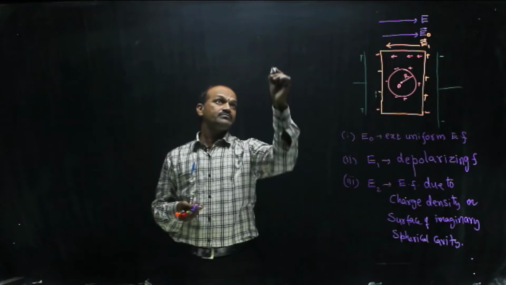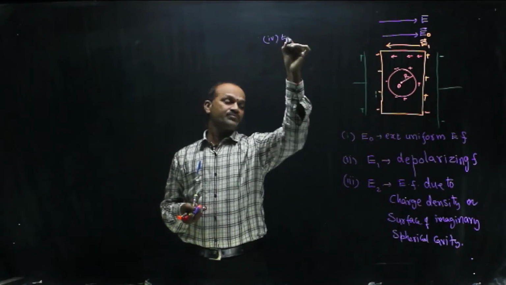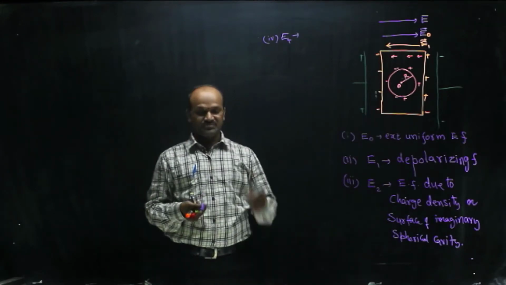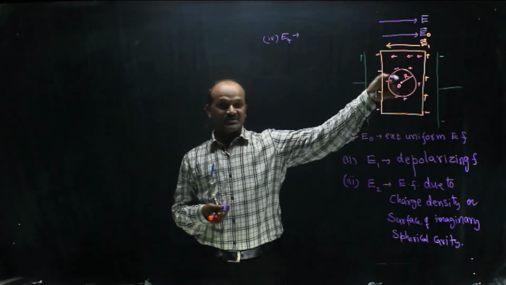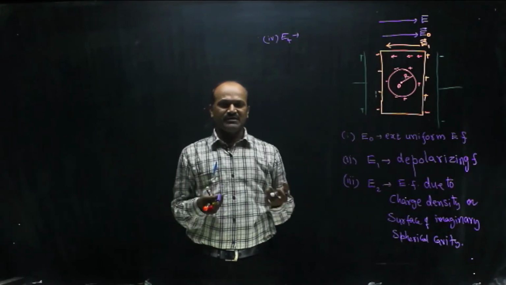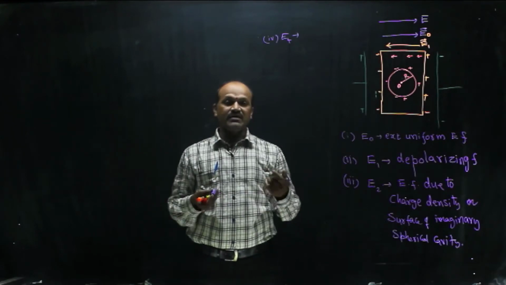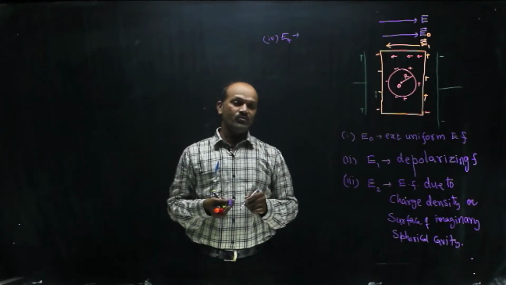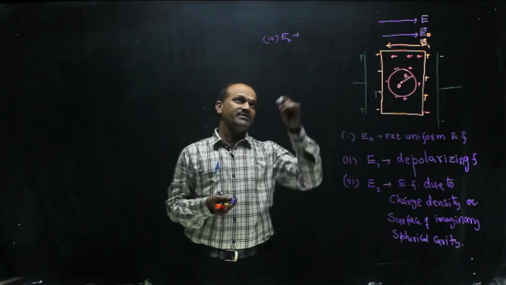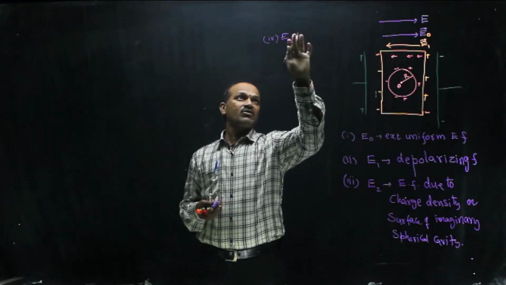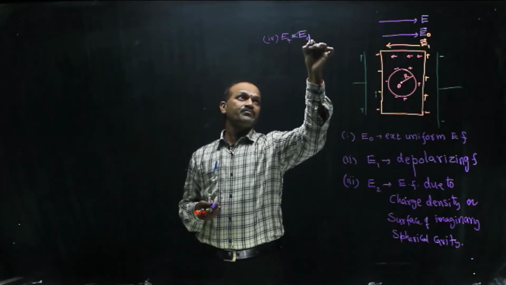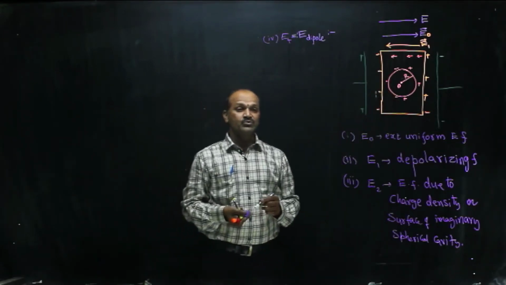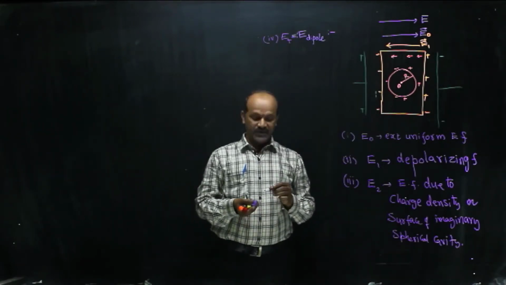Last one, the fourth one is, guess it? Exactly. The atoms are present in the cavity, because the cavity is an imaginary thing. The atoms act as dipoles. Due to those dipoles, an electric field is also present at O. We prove it as 0 afterwards. Anyway, E4 I can call E dipole. So the electric field at O due to dipoles present in the cavity, that is E4.